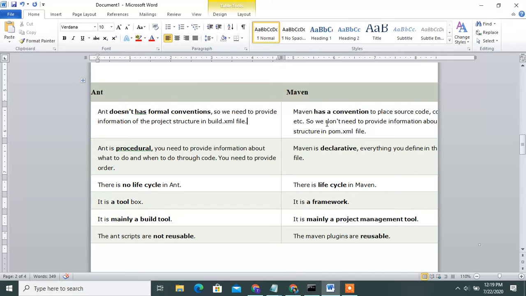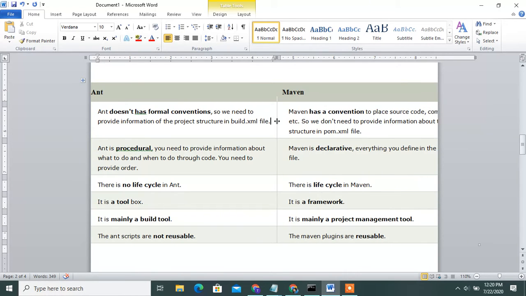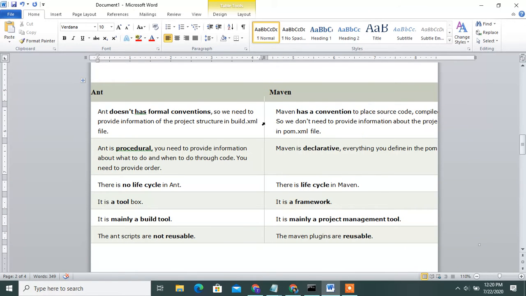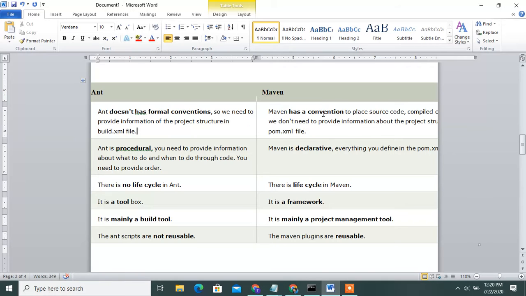Then Maven has convention-based source code, so we don't need to provide that information. We can structure it with the pom.xml files.